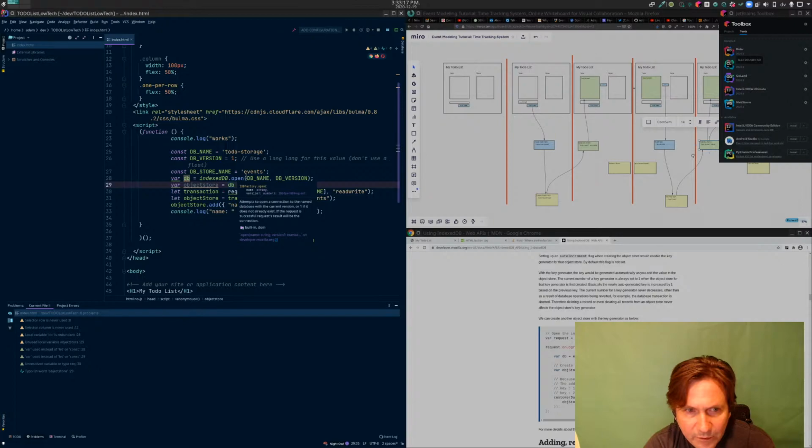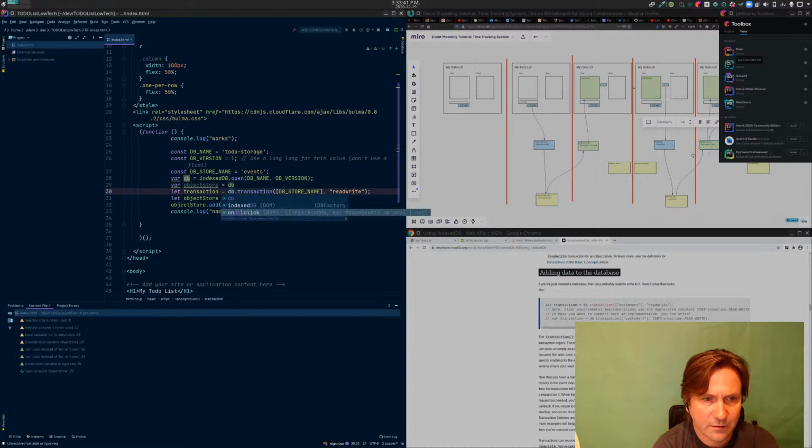That's fine. And now we go to this part here. Now we get the transaction, which is db.transaction. We reuse that because that's read write. Okay, and after that we go to